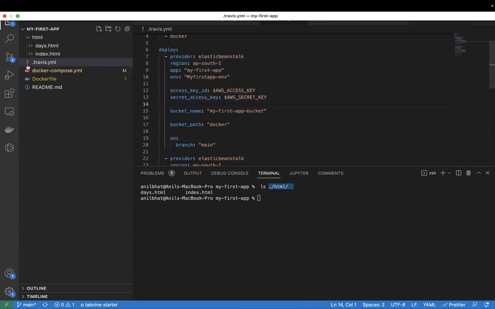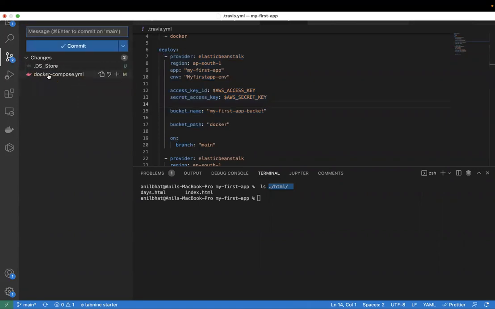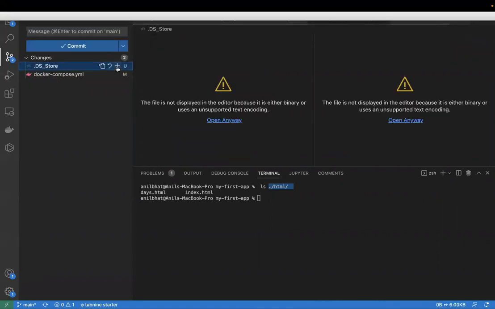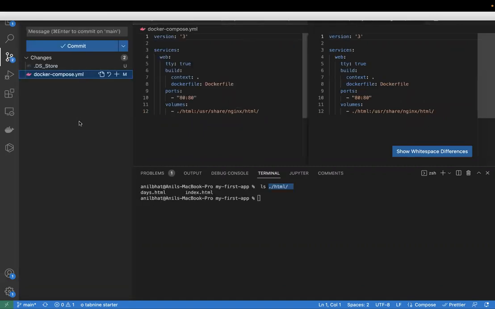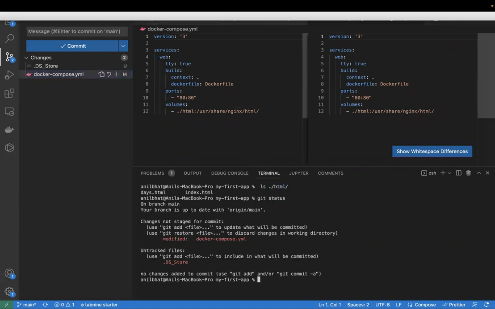So let's go ahead. Let's make the change. So this is in Visual Studio. We already have the GitHub extension. I can just use this GitHub extension to actually commit. It saves a lot of time. Otherwise, I can do the commit here also. I can see the status.